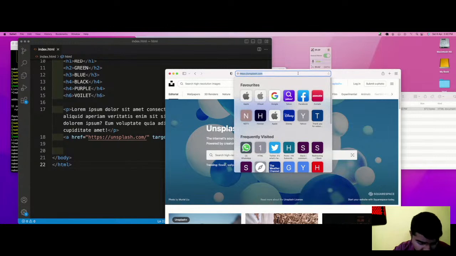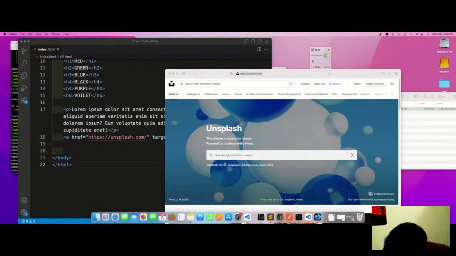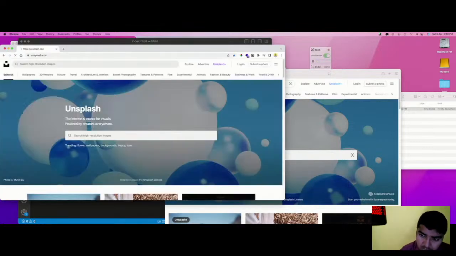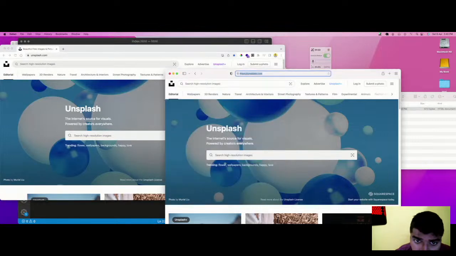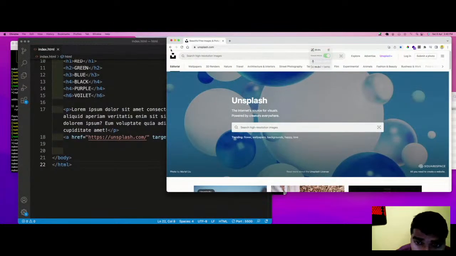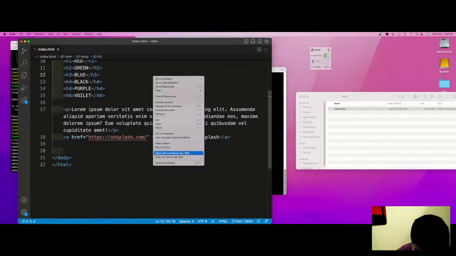For this particular thing, I need to switch to Google Chrome, because in Chrome we can easily see the text.